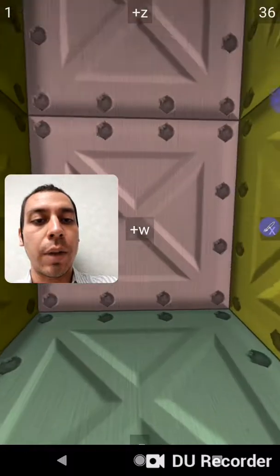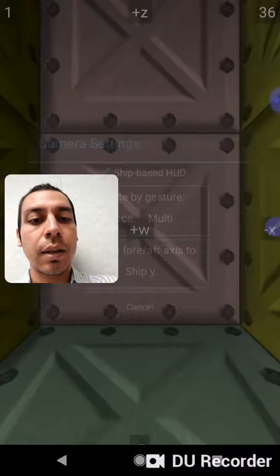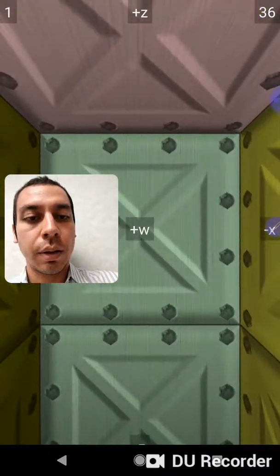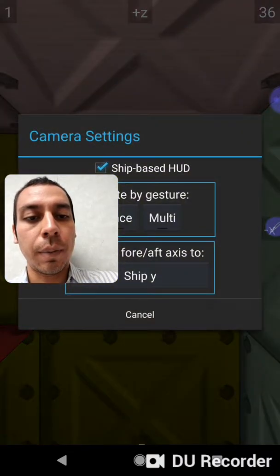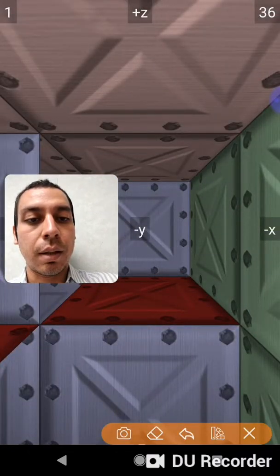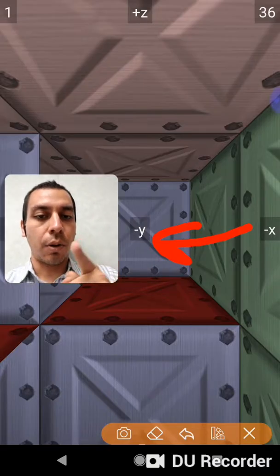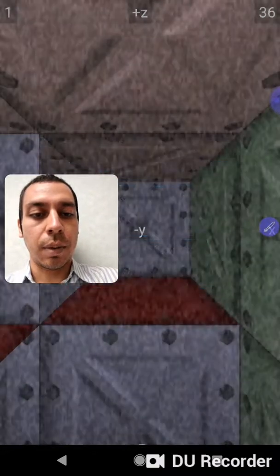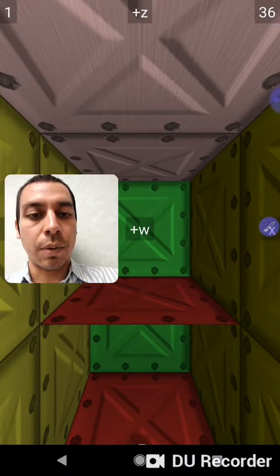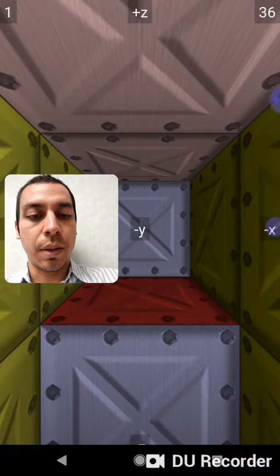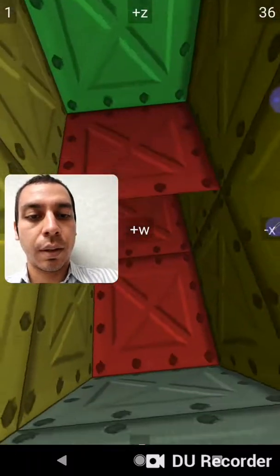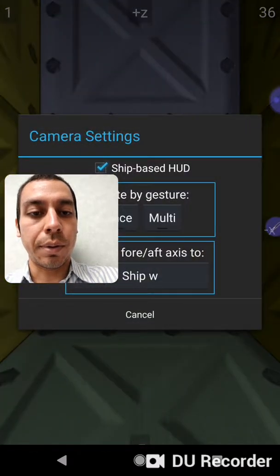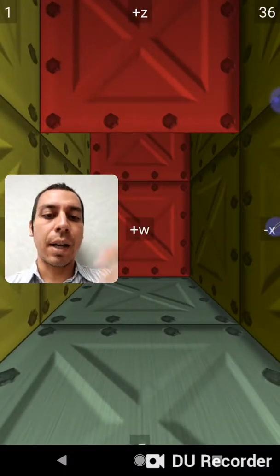If I replace the green wall, if I replace the ceiling, or if I replace the dark yellow wall, there's always going to be a way to go into it because there's an ascension point. And because there's an ascension point, it doesn't matter which way I face, there's always going to be a way to ascend. Do you see that? This is amazing. Watch, the floor becomes the ascension point. So yeah, this just re-emphasizes the fact that